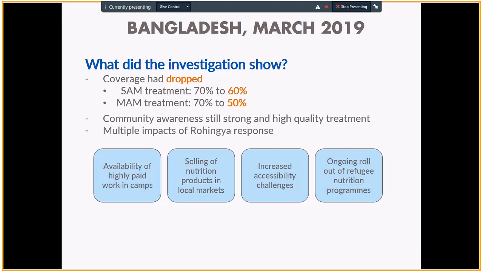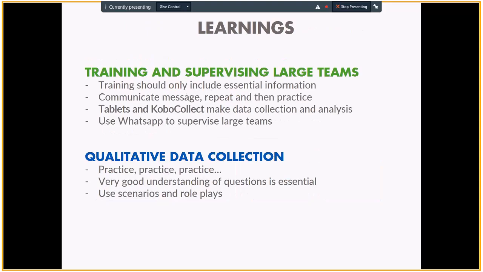Sorry, I'm conscious we're now well over time. Just some really quick learnings, and I know I can't go through the SQUEAC method in great detail, but there are some small things that I picked up. In Cameroon, for example, training large teams. A huge team of 80 people that we had to train, and we only had 2 days to do it. What's come through to me so clearly through training, certainly surveyor teams, is that you only cover the information that you need to train them on.